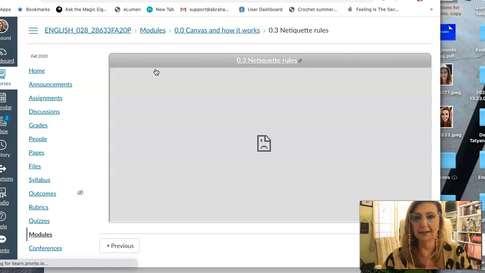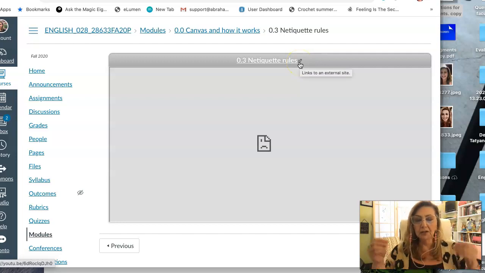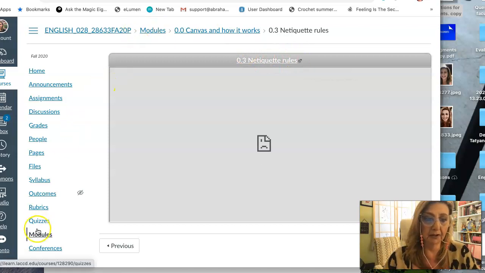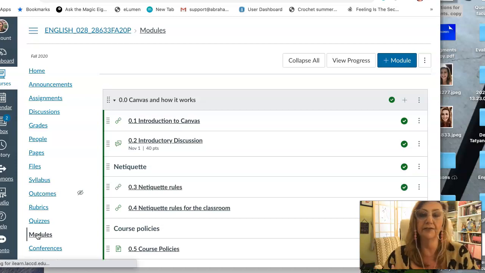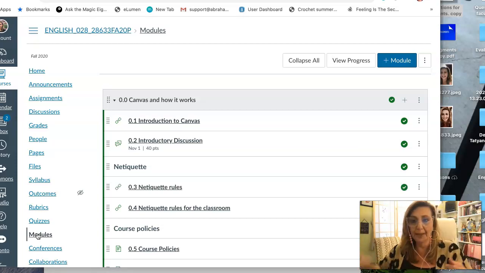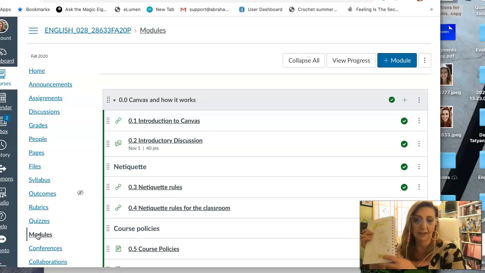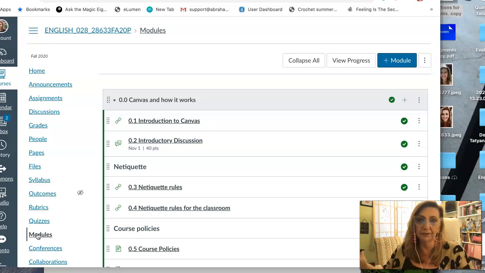When you get a page like this, you're going to see this, so just disregard it. There's a little link to the video up here, and just click on the video. So every video that I've posted and every page that I've posted on modules is because it's an instruction for the course. So if you don't follow the modules in numerical order and take notes, and I would like you to take good notes as if you were sitting in my class face to face with a pen and some kind of book or a notebook, and take notes. And please write down the module number and all the information.